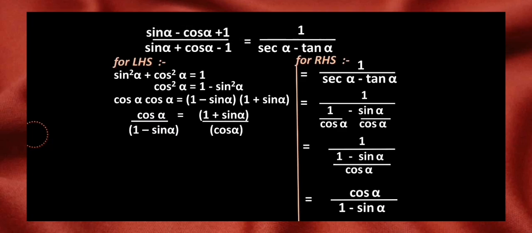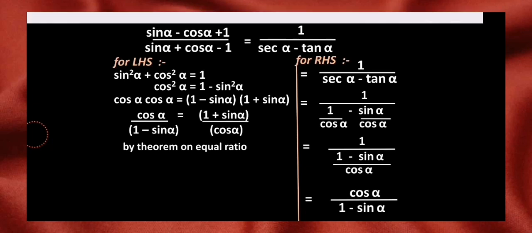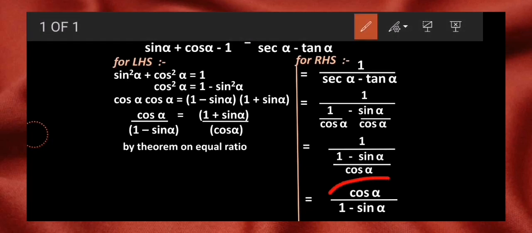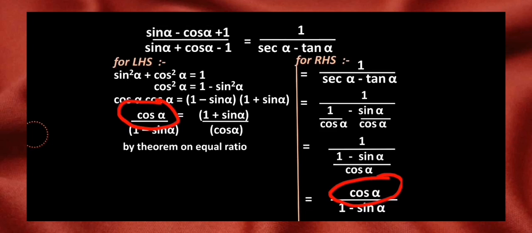And the way I taught you, once we reach this step, we have to utilize theorem on equal ratio. If you remember that sum, last sum of 6.1. And how to guess the operation, that is the main part now. Okay, to guess the operation, observe the LHS, okay, and observe the main term that we require over here. What is that main term? Cos alpha. Okay, single-handedly cos alpha. Okay, the one which is alone.